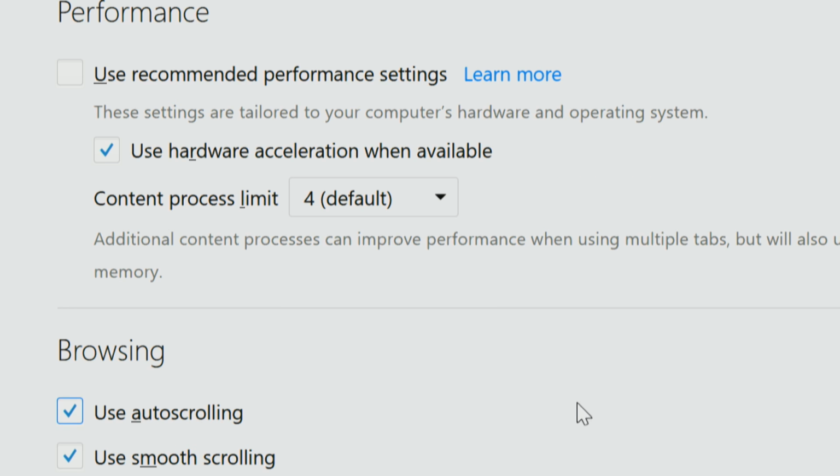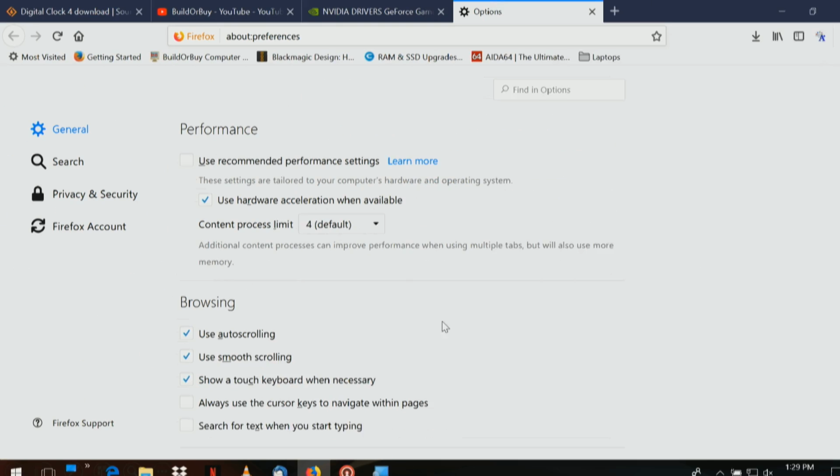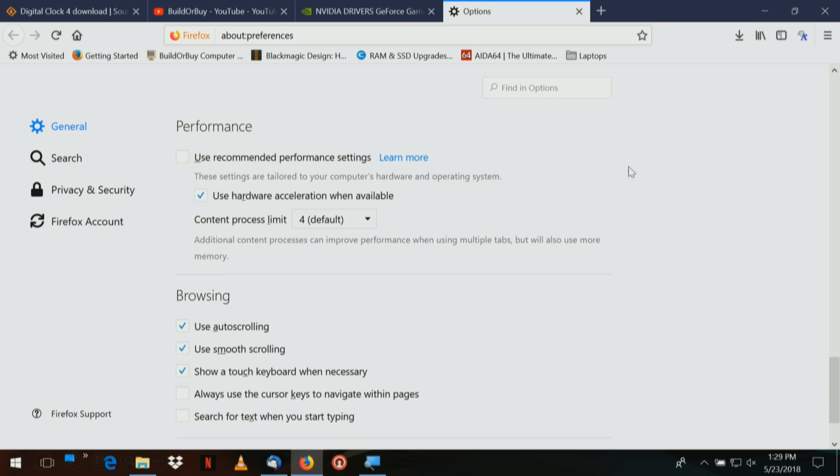The next thing is clearing the cache. So let me zoom out. Up here in the upper right-hand corner, that second icon,